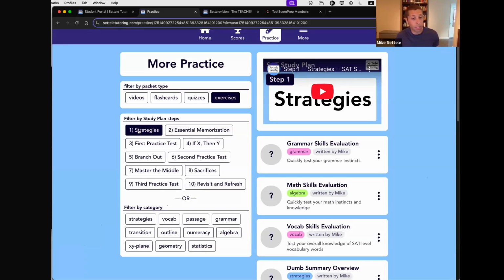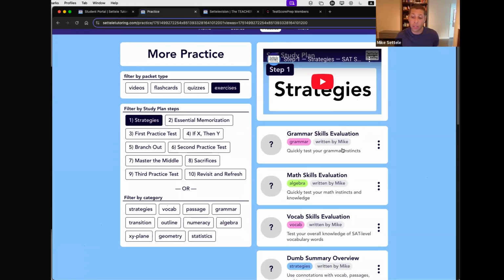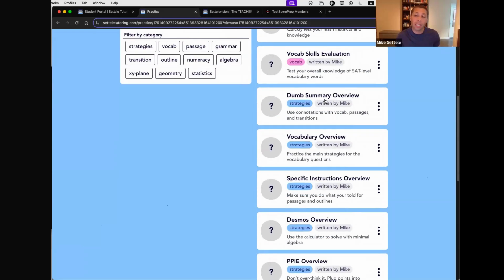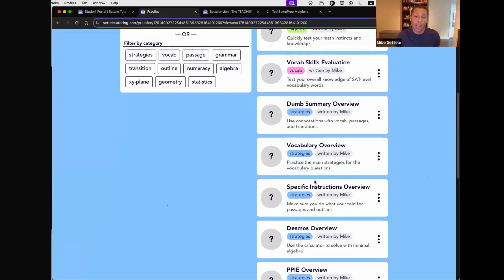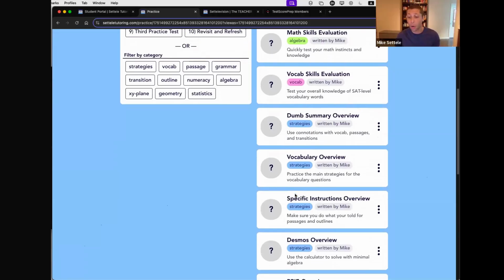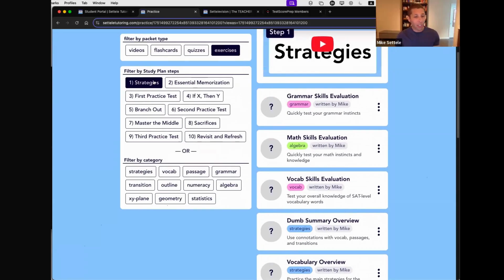And we are going to do some work today on the strategies for the main parts of the sections. You can see here there's a lot of good exercises that you can work on. There's some easy quizzes at the beginning. There's some specific strategy exercises, and each one of those is going to let you answer questions the same way we're going to do tonight. So basically, the strategies part is what we start off with, because that's the most important piece of the SAT. We've got to be able to change the strategies we use to change the scores that we want to get.